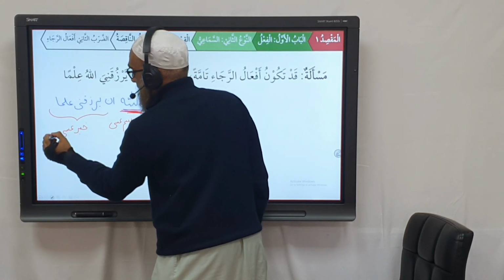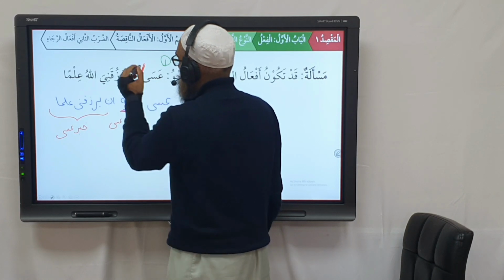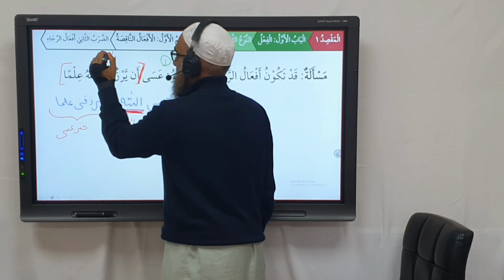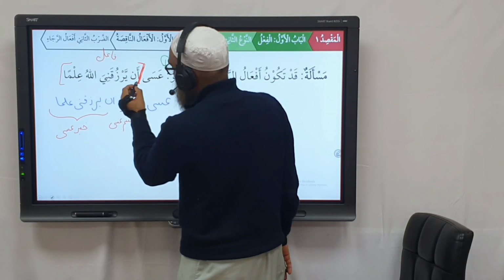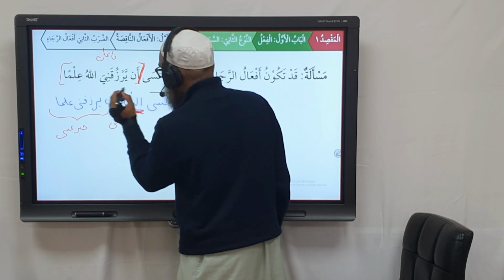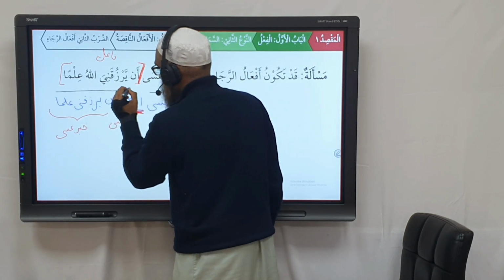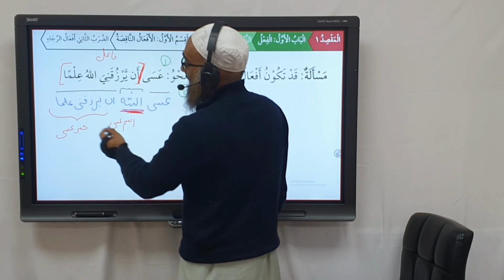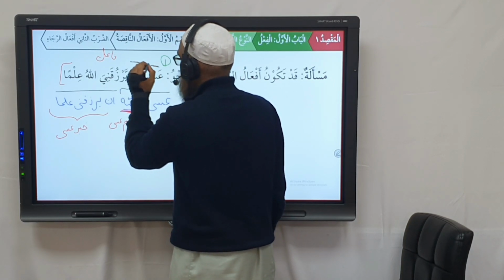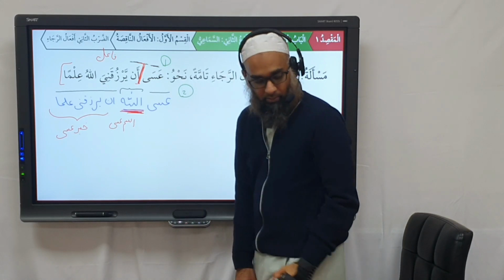So here we have ism asa and here khabar asa. In here there's no ism. So then what would this become? This becomes what now? Fa'il. So if after asa, between asa and the an, there's a marfu', that becomes the ism asa and khabar asa. And if between asa and the khabar and the an, there's nothing, it becomes a fa'il.